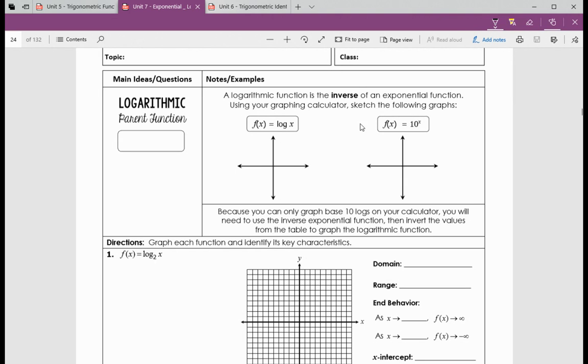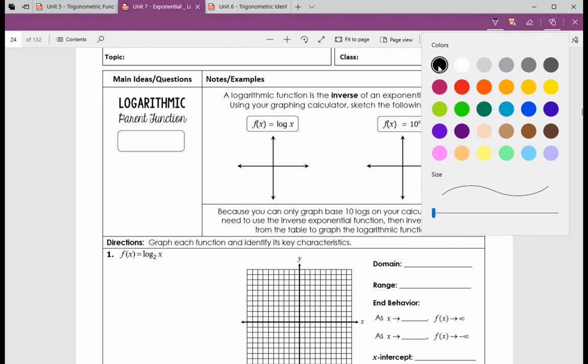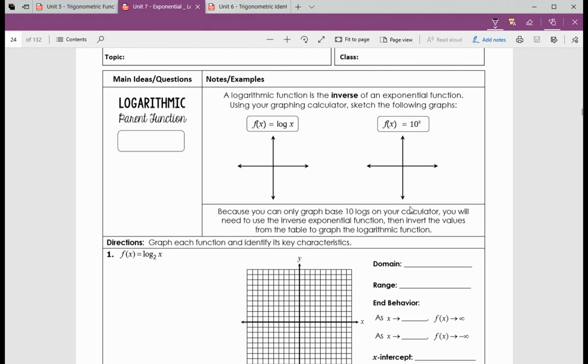Okay, so in this particular lesson, we're going to do two things today. We're going to graph parent functions, and then we're going to start solving some logarithmic equations. I'm going to try and get the logarithm graphs in before lunch, and then we'll do the equations after lunch. So make sure that you do have a calculator handy. If you need one, you know where they are on the shelf. All right, so